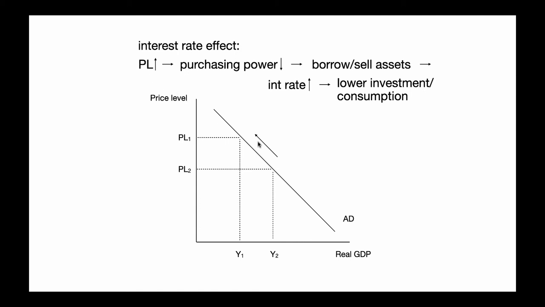So because of that, it's a movement along the curve. Any graph where whatever is on your axis is changing, that's just a movement along the curve. So this whole string of effects here is just a result of that price level change. That's why it's still a movement along the curve. So that's the interest rate effect. So for now, those are really the two reasons that we're going to have for the downward sloping aggregate demand